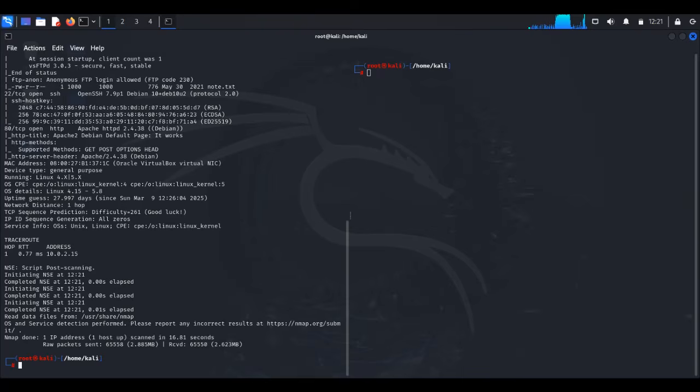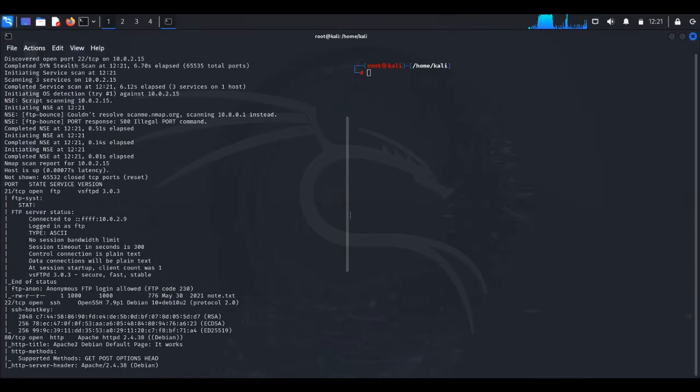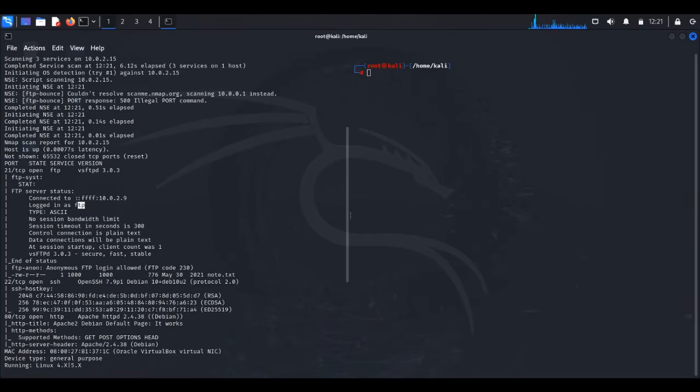And what I love about nmap is that it has a default scan. It's got a default vulnerability assessment to just exploit some of these things. You're going to see it right here. So it's telling me that there's FTP, that's port 21, and the server connected to the status, it logged in as FTP. No sessions bandwidth, blah blah blah. This was it. And the thing is, it's saying